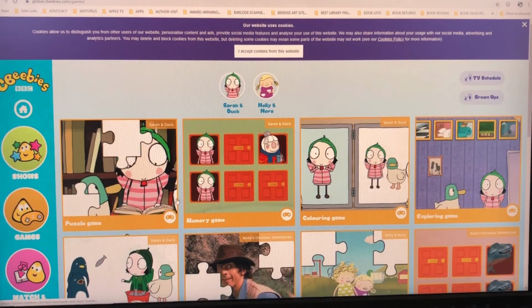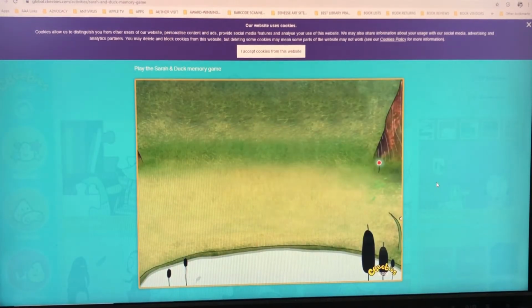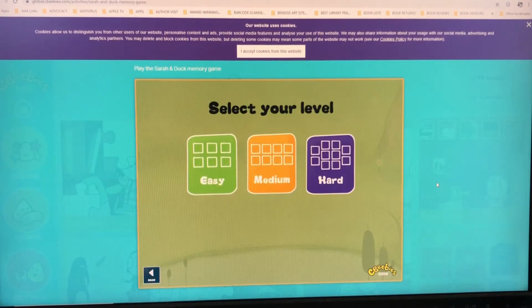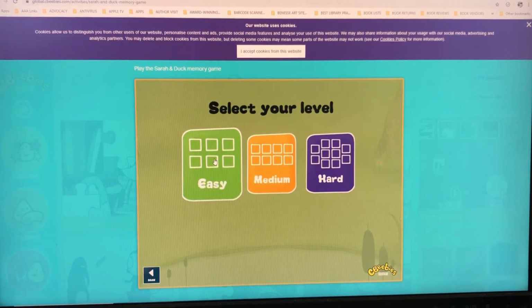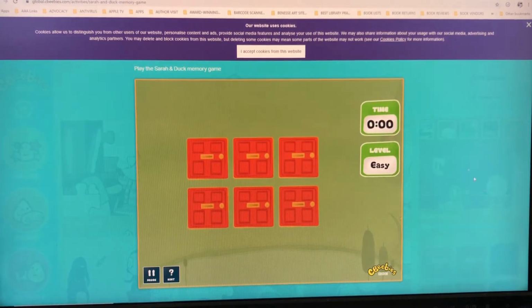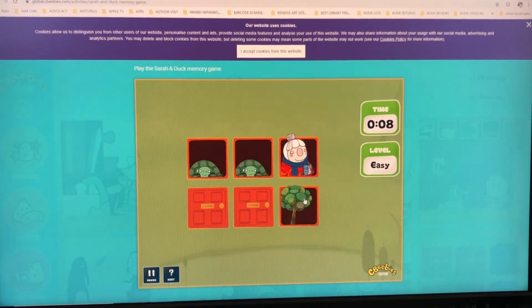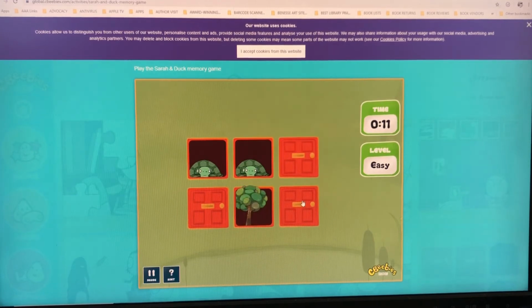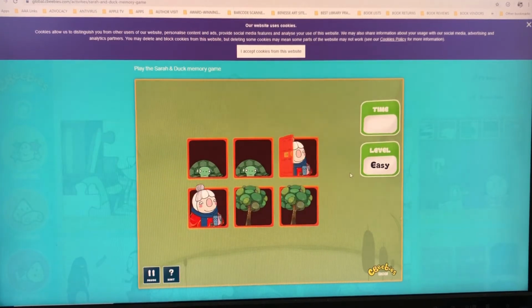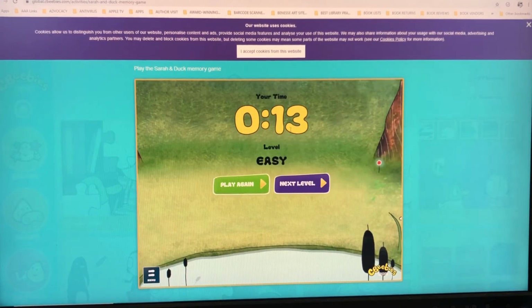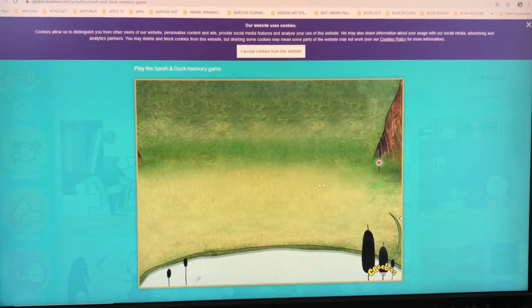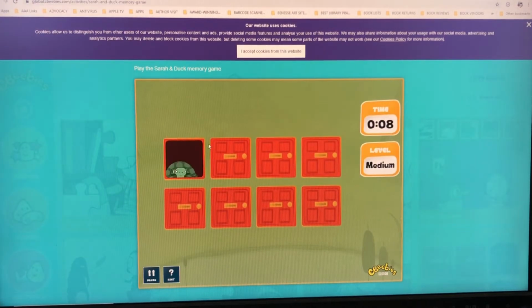And these are things like puzzles, memory game. This one's kind of fun. Okay, you select your level. I'm going to go hard. Oh, no, let's start with easy. Okay. So there's a timer, and, oh, I guess you just start right away. Okay, so there's, oh, I got it. Okay. And I'm looking for the grandma. Oh, I got another tree, so that matches, and grandma. 13 seconds. Okay, let's go to the next level. It's going to be a little bit more difficult. I think you get the idea.